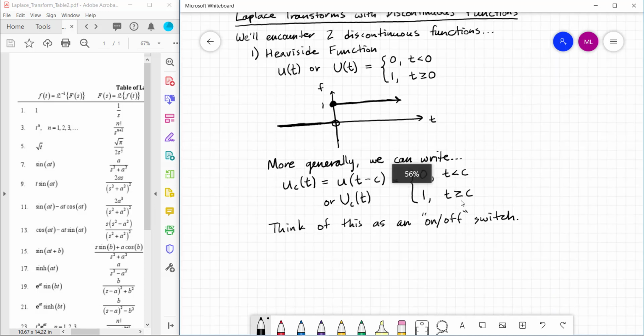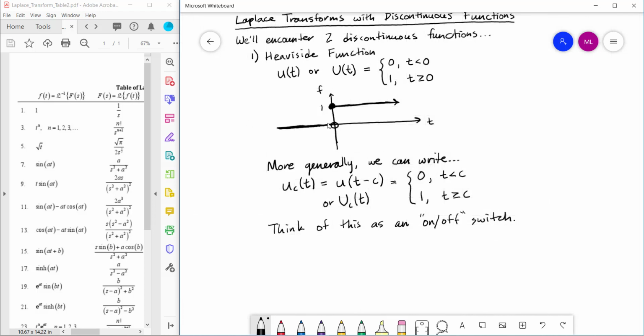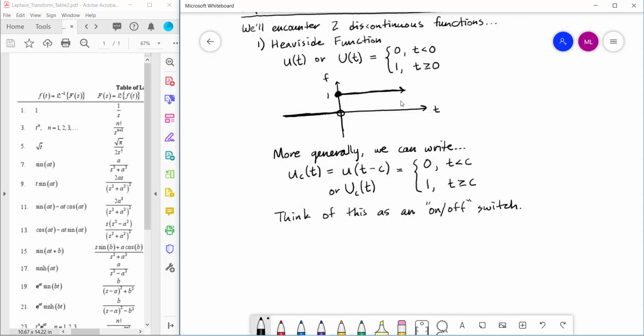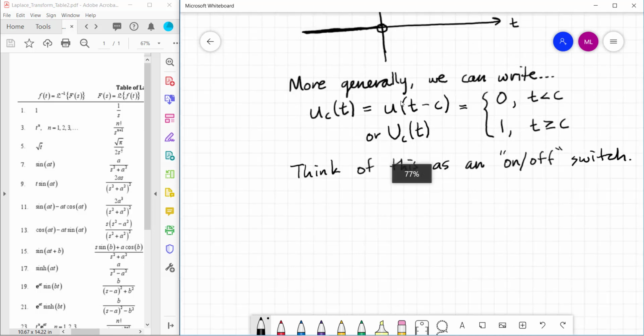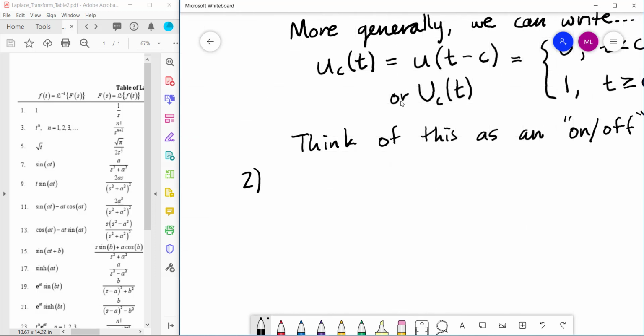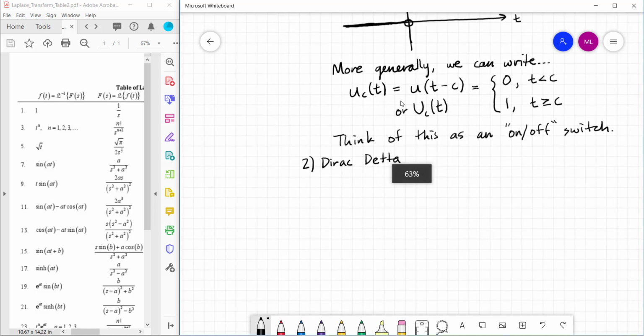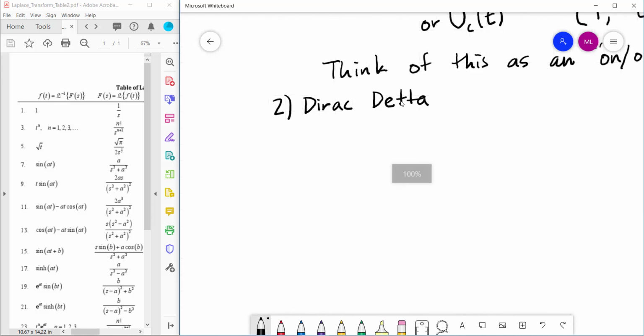Okay, so that's one of our two functions, the Heaviside function, off and then on. The second function that we're going to encounter is called the Dirac delta function. So our second one is the Dirac delta function. And the notation that we are going to use for the Dirac delta function is a delta symbol